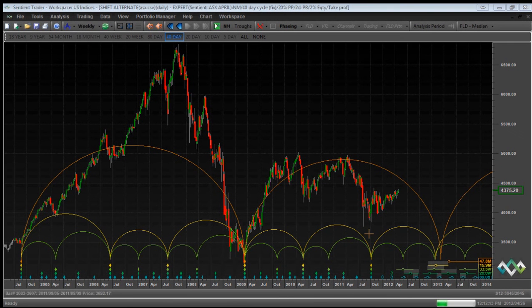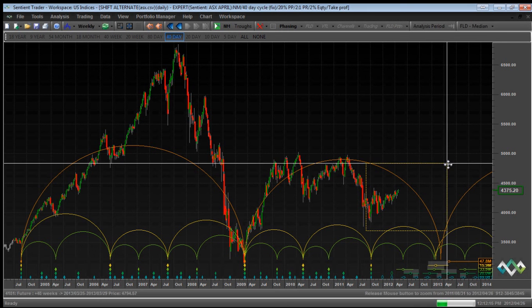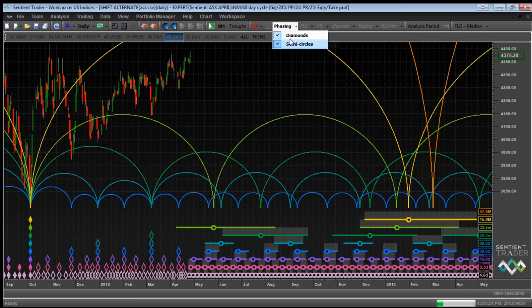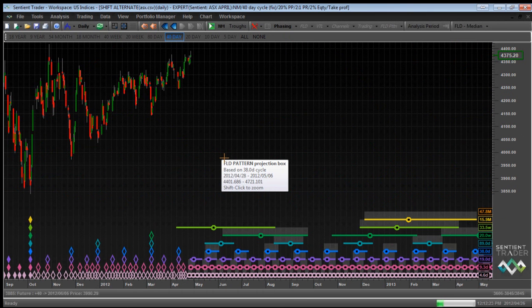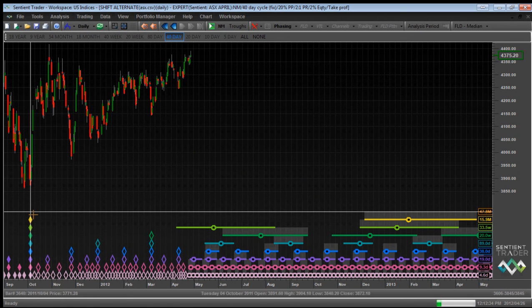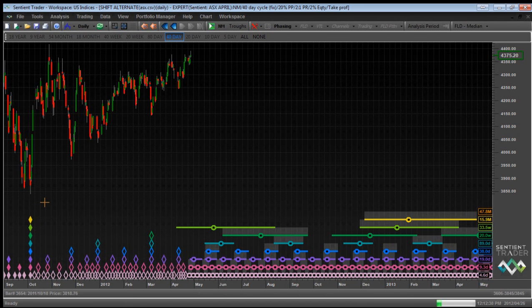So let's zoom in and have a look at what has been happening in that cycle. Let's zoom in like that, and change my resolution to daily. I turn off my semicircles when I zoom in because I find them a bit distracting. So what has been happening in the current 18-month cycle? Well, first of all, the trough of that 18-month cycle, I believe, occurred in